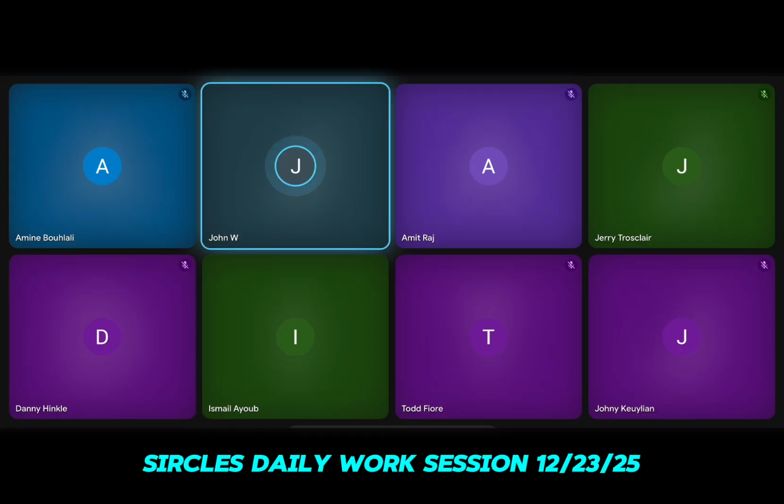Still see a little bit of flicker in some areas. Nothing too major. Let me put this in development and tell me what you guys think about it. And Ismail, why don't you both look at this real quick?